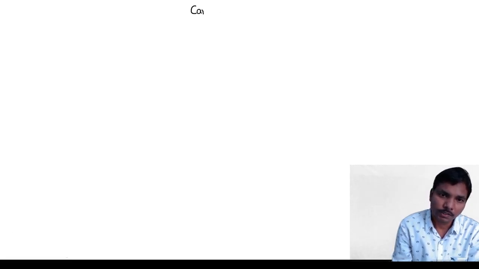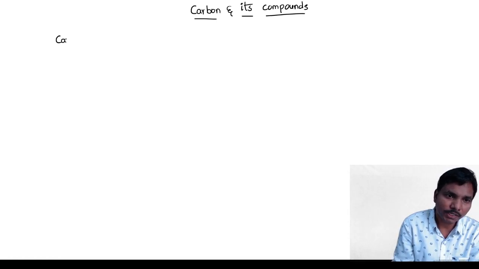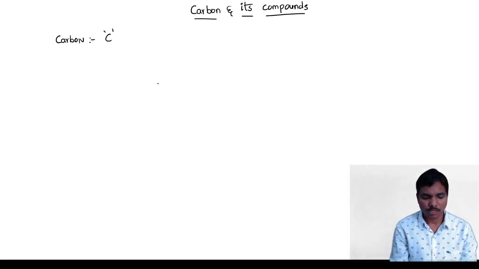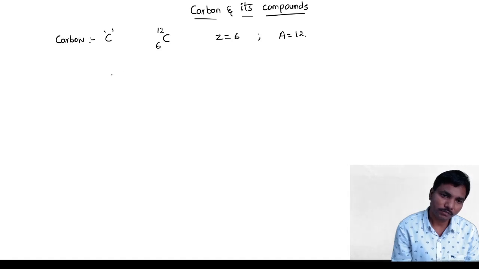So here, carbon and its compounds. You know very well about carbon. Carbon is denoted with which letter? C. Carbon is denoted with the letter C, and the C is denoted as 6 12. What is this 6? Atomic number is 6. Mass number is 12. Coming to the electronic configuration of carbon,